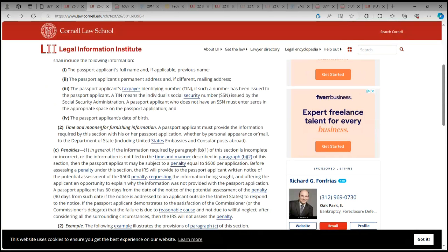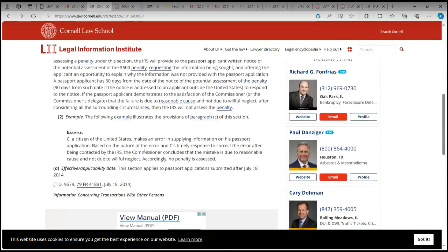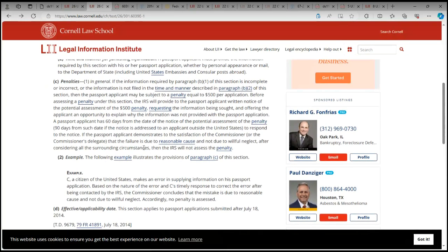Now, the time and manner, of course, is on the application itself, right? Whether you have to appear in person depends on the context. Are you applying for one for the very first time? You're going to have to appear. If you already have one and you're in their files, then you could do it by mail. I'm not going to read the penalties because that's a given and that's the last thing of it. But they also state here too that the failure is due to